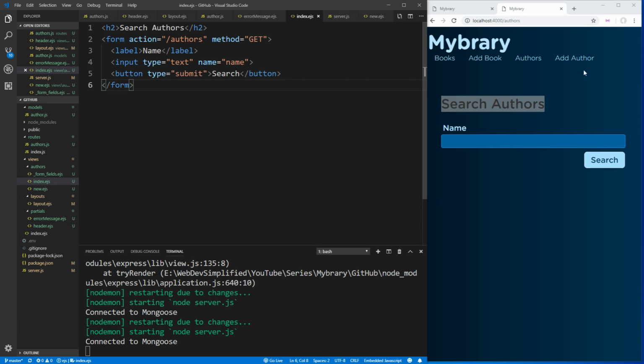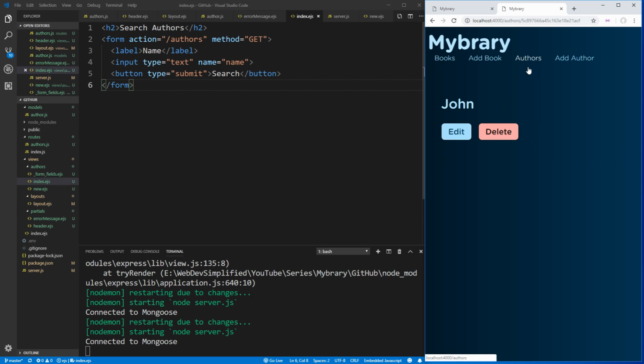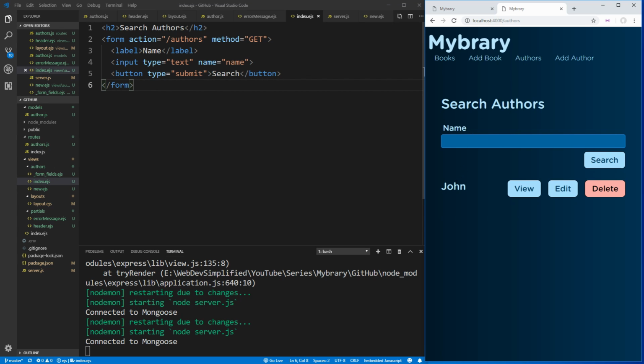Let's quickly add an author in this application just so we see what we want our author to look like inside of our authors page. So in our authors page, all we're going to do is put their name, a button to view them, a button to edit them, and a button to delete them. In our case, we don't have our view, edit, or delete pages done, so all we're going to do is show the name of the author. To do this, we're just going to put a line break here so that we have a little bit of space between our form and our actual author names, and then we're going to loop through all the different authors